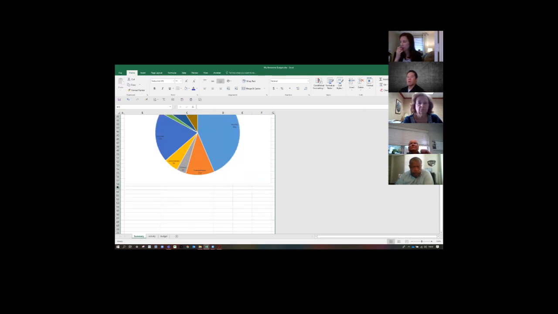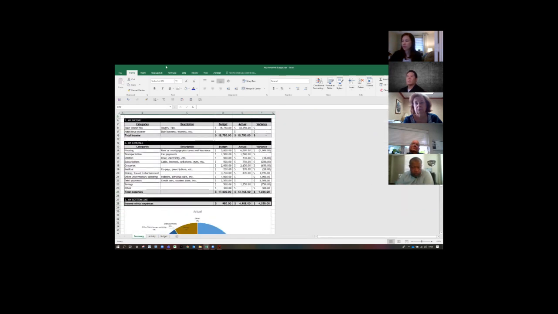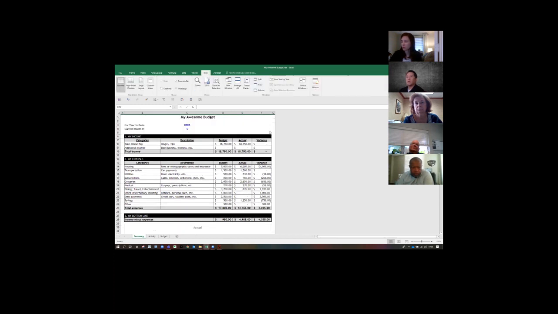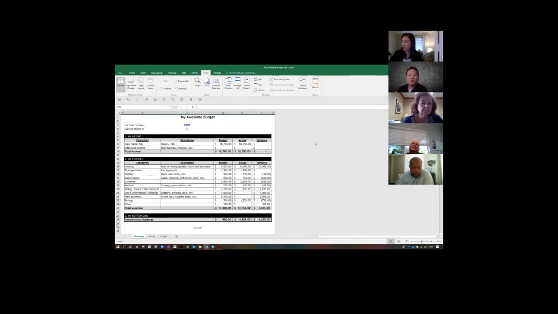I'm going to click on this, Control Shift down to get all the rows, format, hide rows. And then I'm going to view, take away the grid lines,